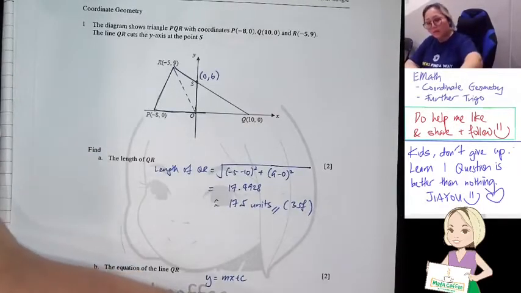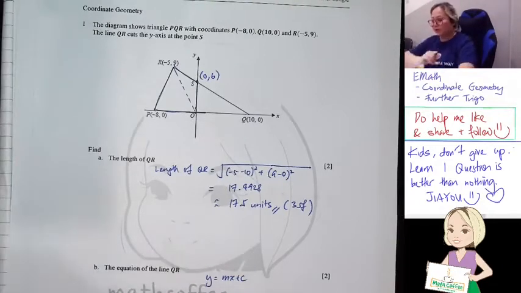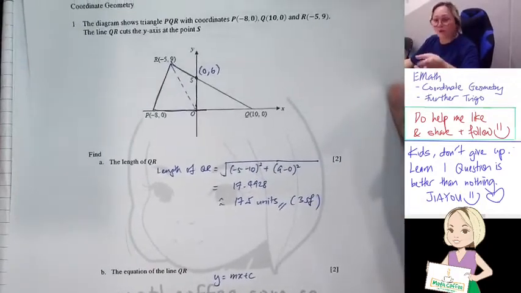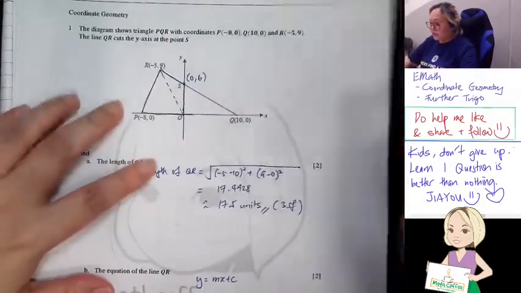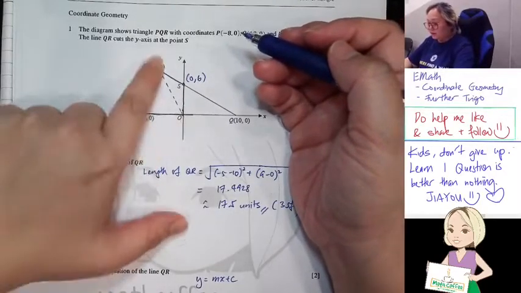If you are EMath, you have to use half times base, find 2 triangles. You cannot use shoelace method, because this is EMath, not A-math. So let's analyze this. This triangle, the base,